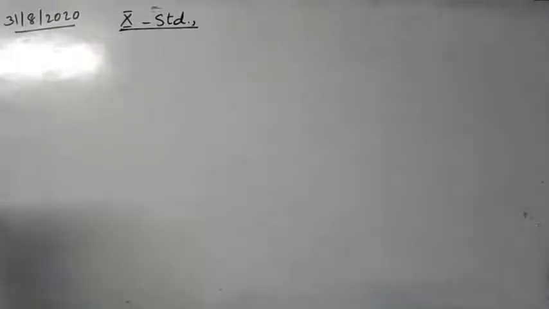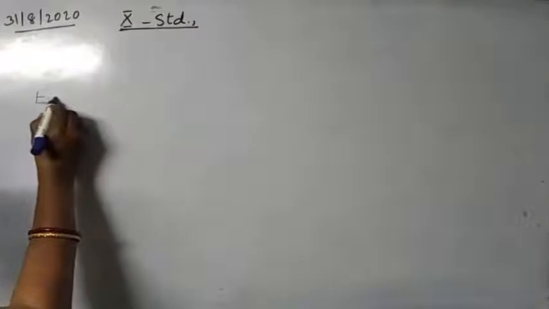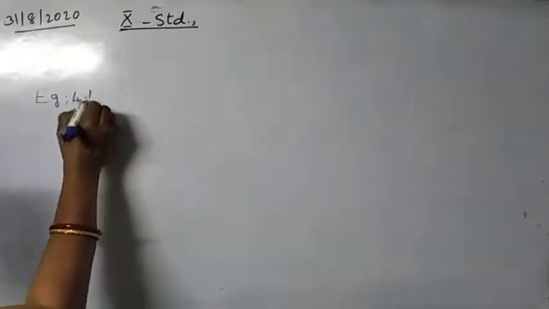Now let us see some example problems. For that, go to the previous video and refer to it properly. In that video I have given the difference between congruent triangles and similar triangles. Now we are going to check whether the given triangles are similar or not. To find this, we have to check whether the sides are proportional and whether there is any common angle. So let us check. First question, example 4.1.